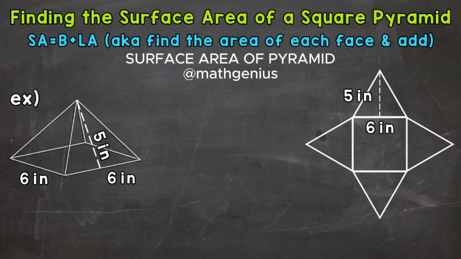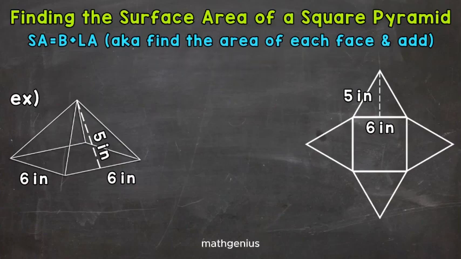In this video, I'm going to cover how to find the surface area of a square pyramid. And remember, surface area is the total area of the outside or surface of a three-dimensional shape. When it comes to square pyramids, we have 5 total faces, the base, and then 4 lateral faces. The lateral faces are the triangular faces going around the pyramid, so to speak. We need to find the area of all of these and then add them together to get the total surface